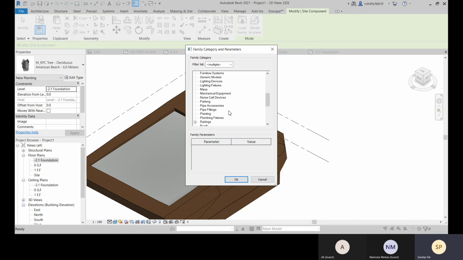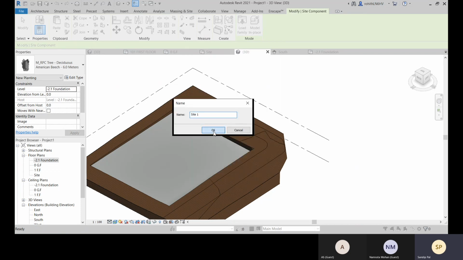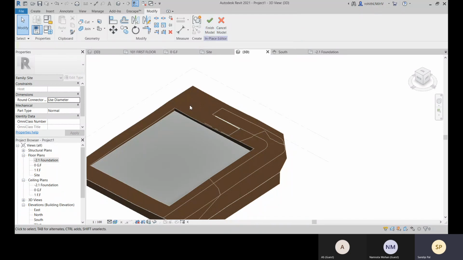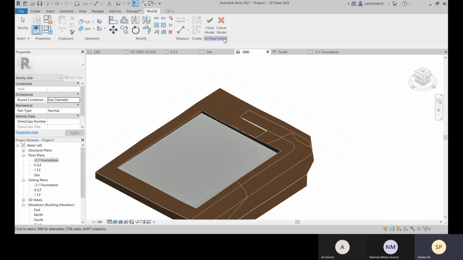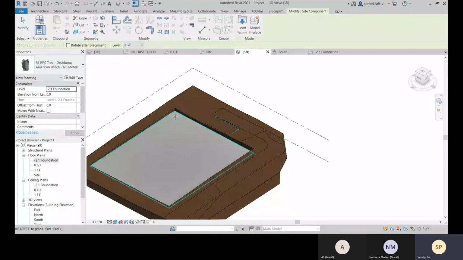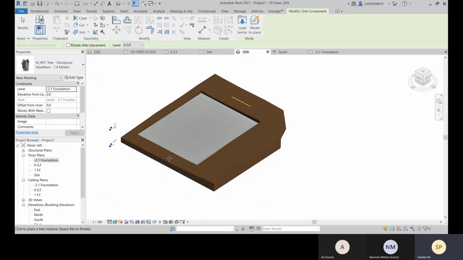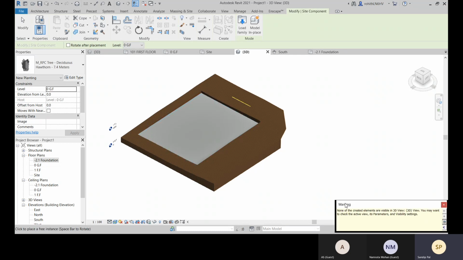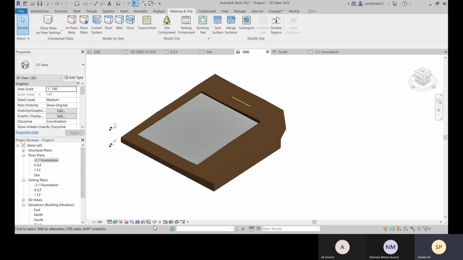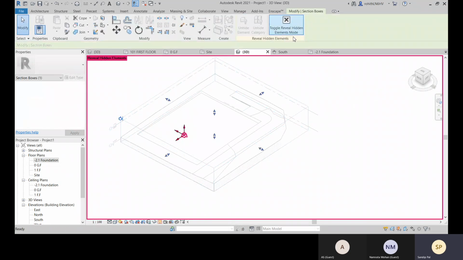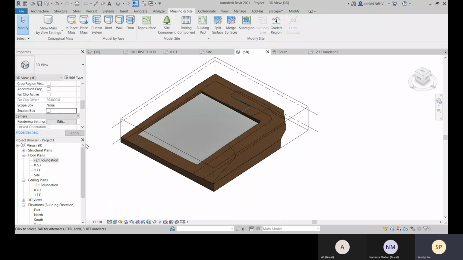Come to this massing and site and go for the site component, and let's choose this one, and let me check in this like this, and let me uncheck this section box over here.